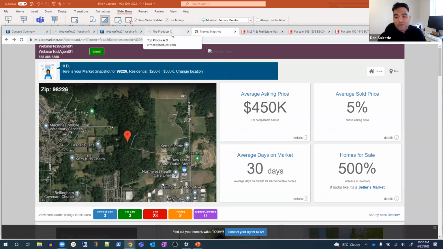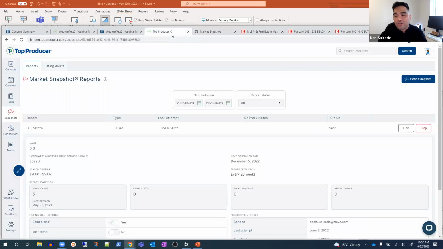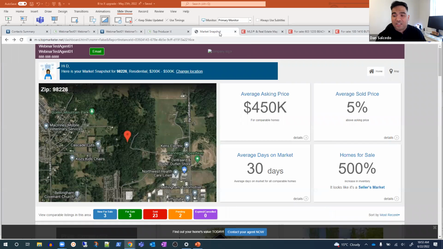If I didn't give you enough information about Market Snapshot and you want to learn more about it, please let us know in the chat and we'll have someone in sales give you a really good, more comprehensive demo on it, since we don't have much time here to go over all the details of how the Market